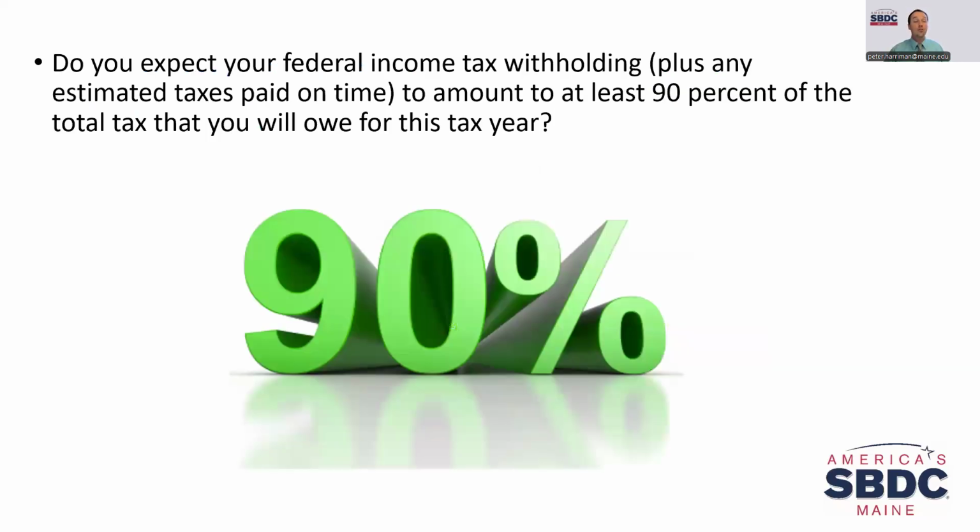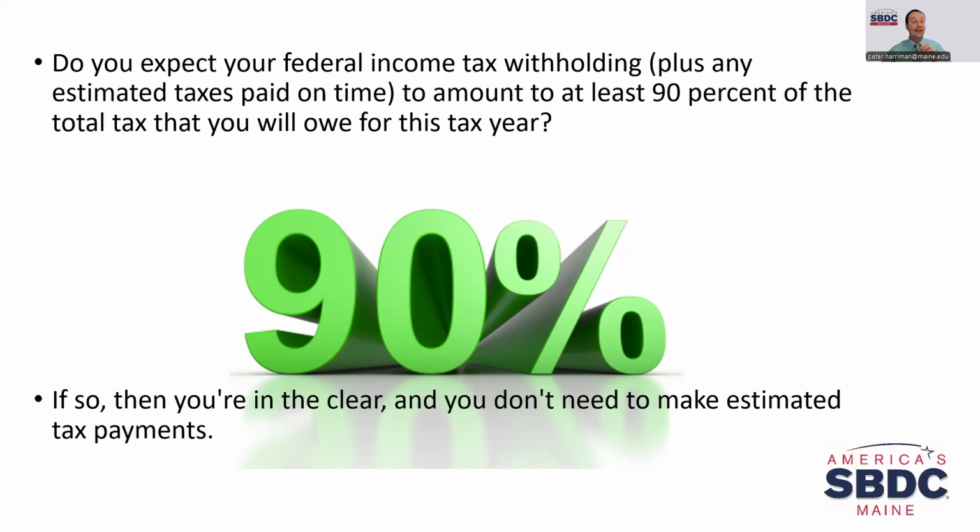Do you expect your federal tax withholding, right, plus any other additional payments that you might have paid? So if you worked 3 parts of the year, and you think your withholding is going to pay at least 90% of the total tax you're going to owe that year, right? You don't have to make an estimated tax payment. You don't have to pay further estimated taxes because remember, you're paying 90% already. So if you think you've withheld 90% of what you owe for this year, then you don't have to make a further tax payment.